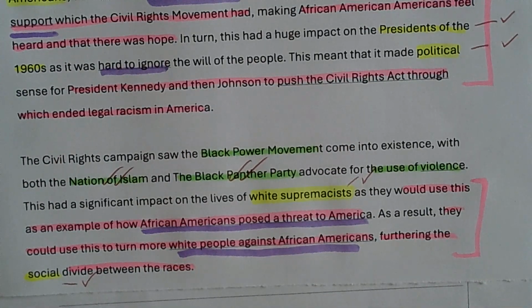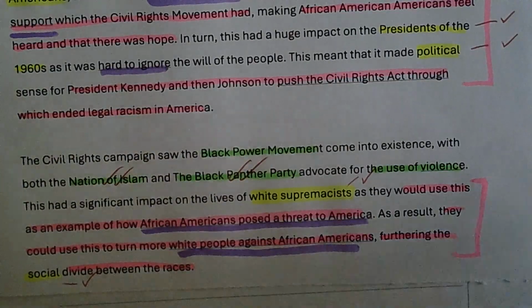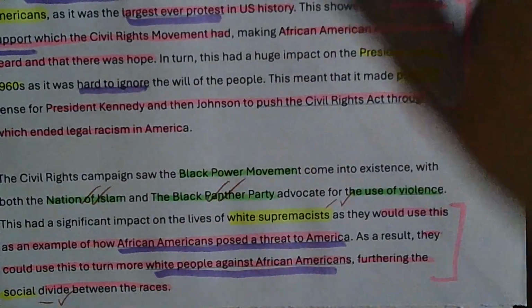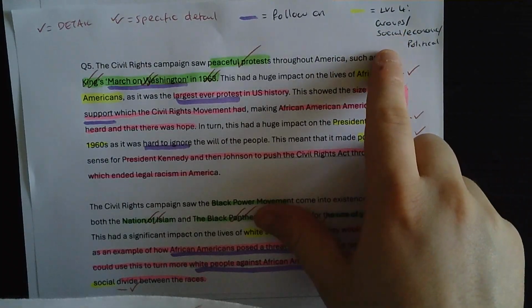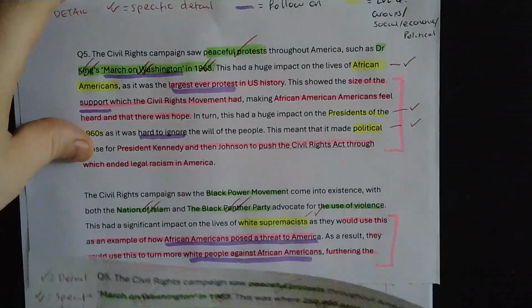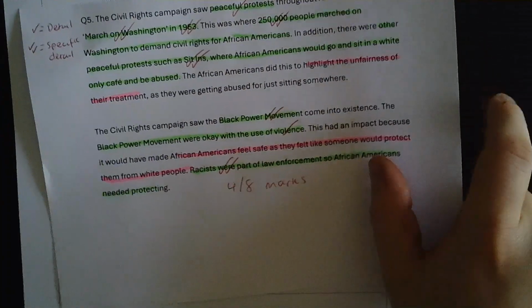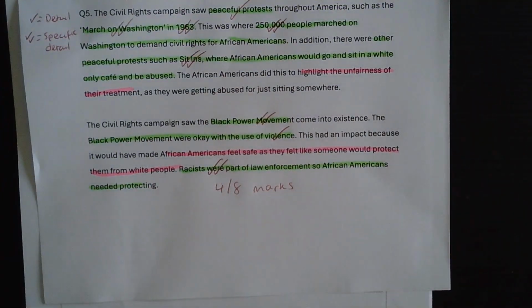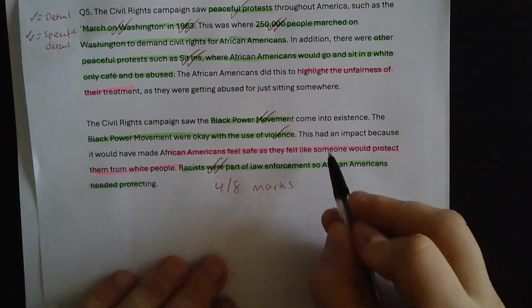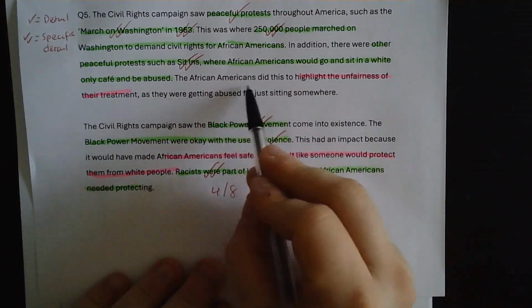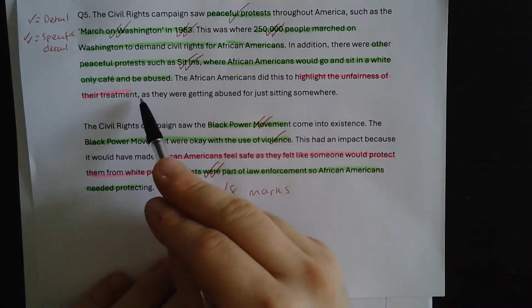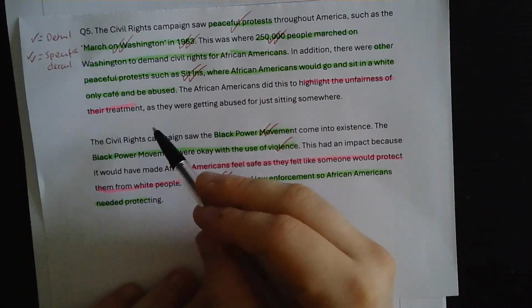Now, what's really important here to look at is a common mistake that people do, because I've told you now to use, for example, groups or social, economic and political. Now, if I go back to this answer here, the 4 out of 8 marks one, what some of you have done and started doing is said, for example here, the African Americans did this to highlight the unfairness of their treatment, and